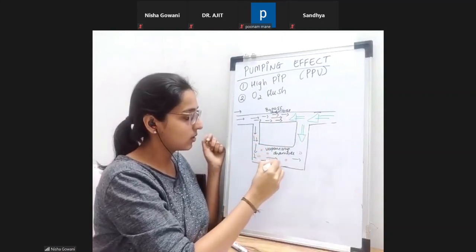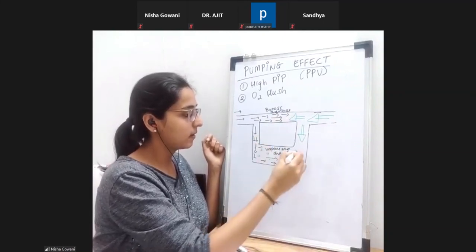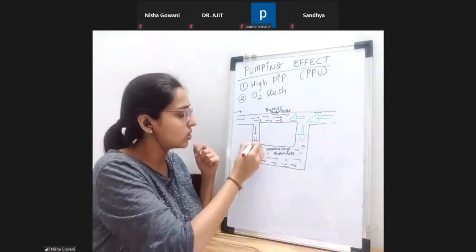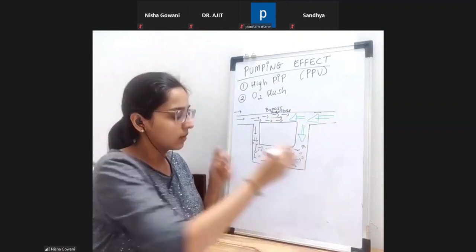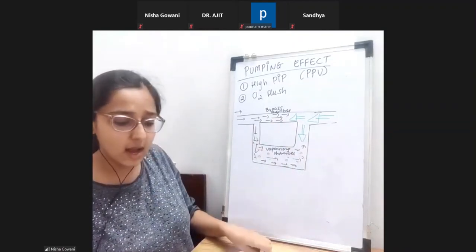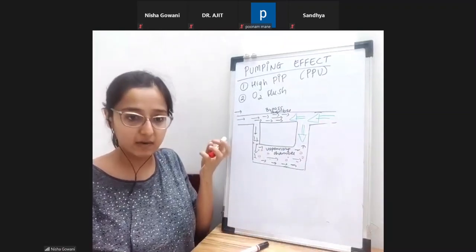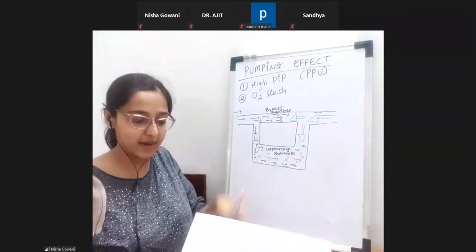So there's all this gas which is compressed and it doesn't have anywhere to go. It's all compressed over here. All right. Now what will happen? This is at the time when the positive pressure ventilation inspiratory phase, or the O2 flush, is pressed.